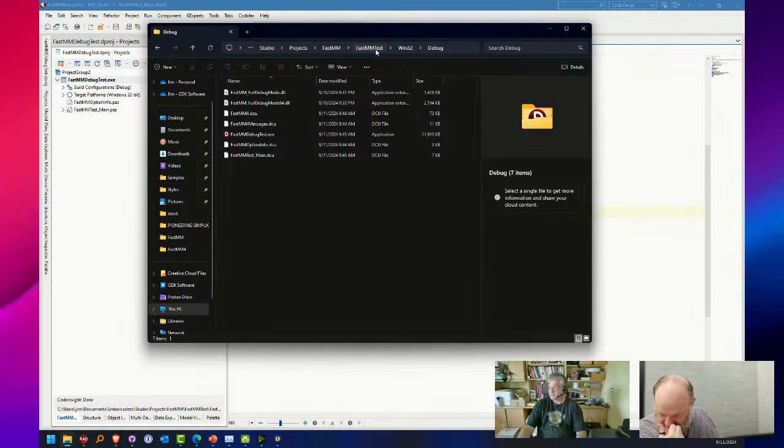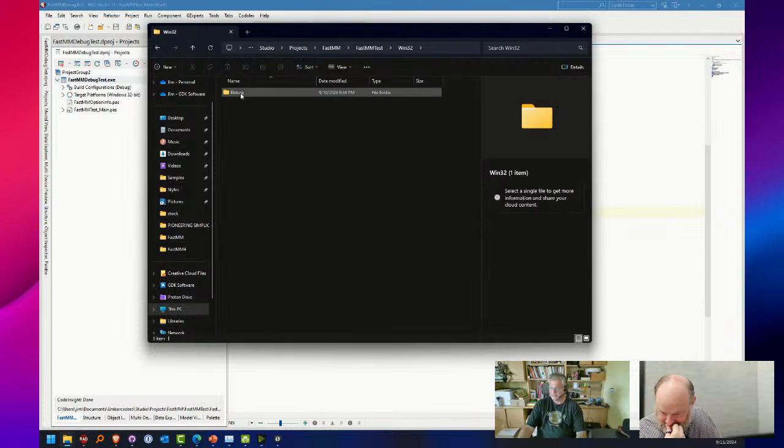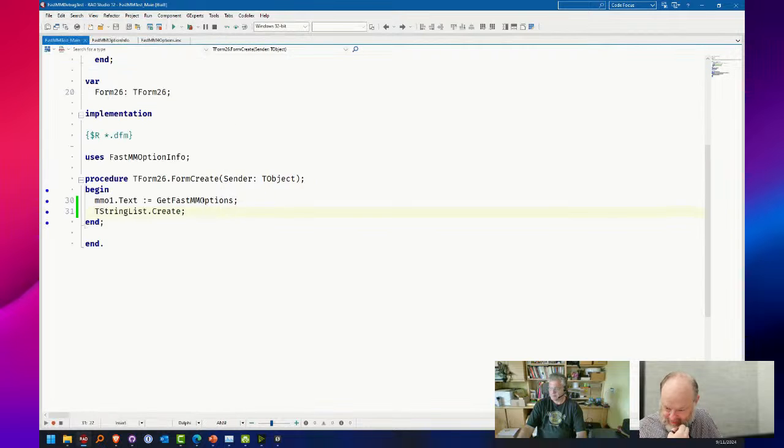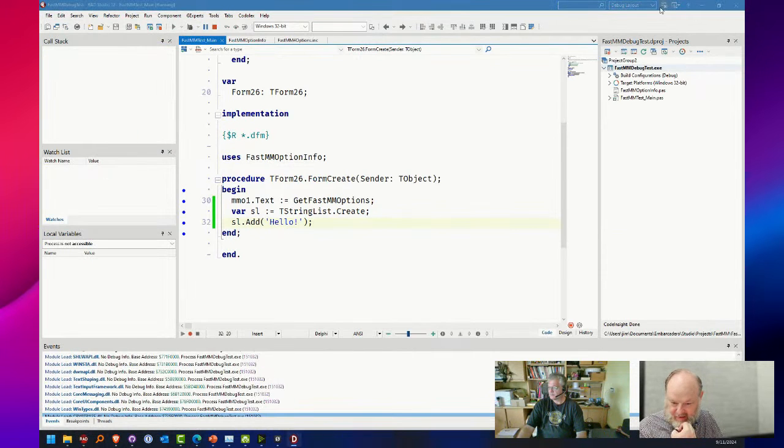I didn't get it. What did I do wrong? Let's try that again. Oh, I know what I did. I think I have it set to only do that if I'm debugging. So I ran it in debug mode. Here's the application. Close it.